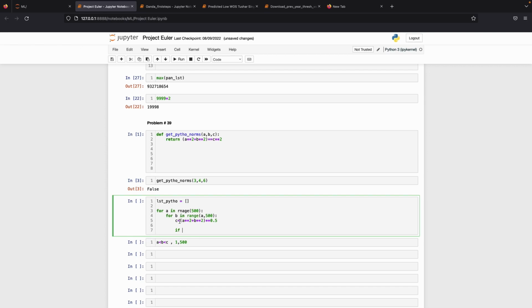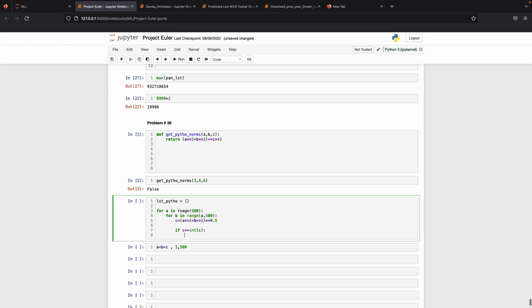We know usually C will be a fraction. If you take any A square plus B square and square root them, there will be a fraction. The moment we get a whole number, then we know there is a Pythagorean triplet. So the check here is, I'll just say C. If C is equal to integer of C, that means if C is a whole number, then I'm going to